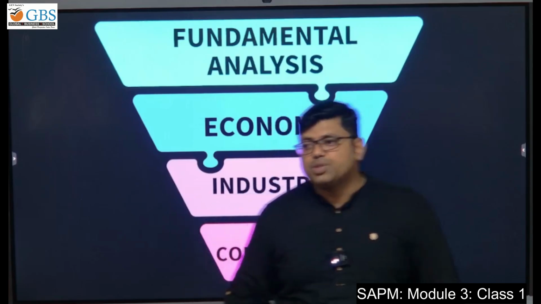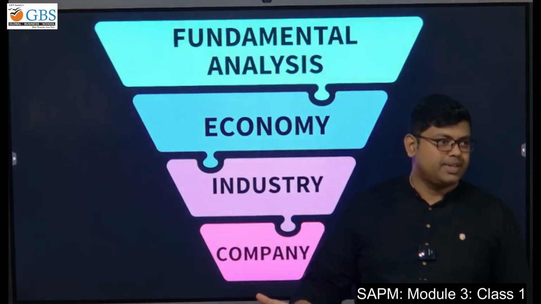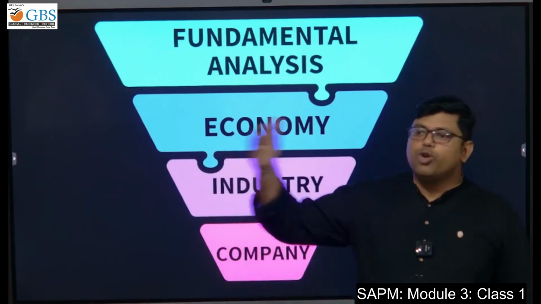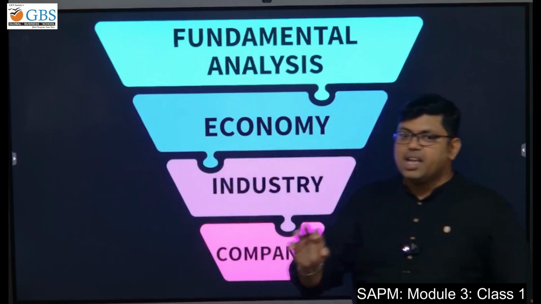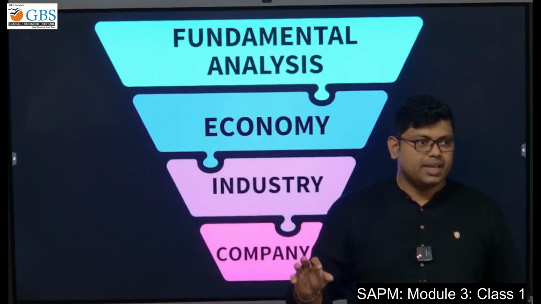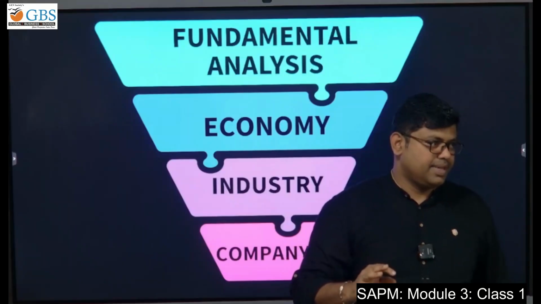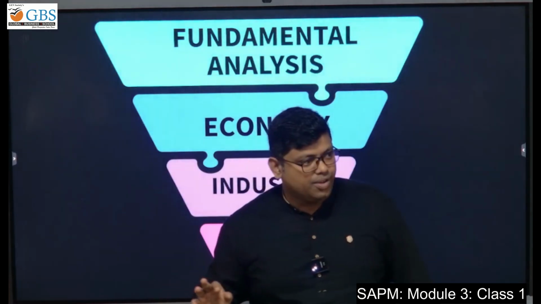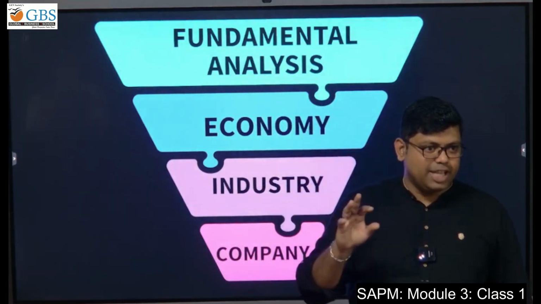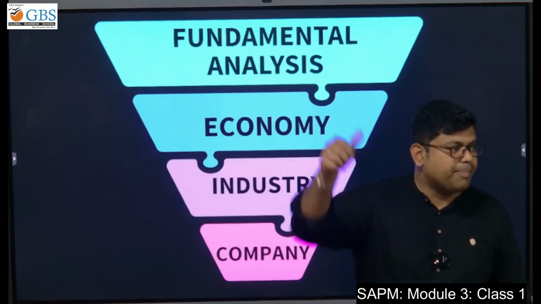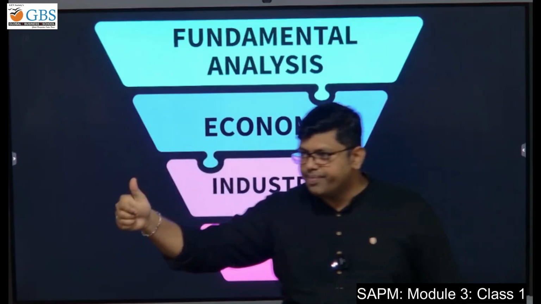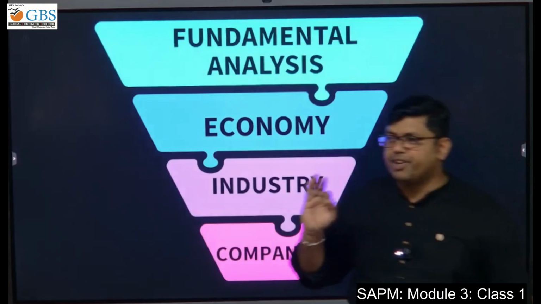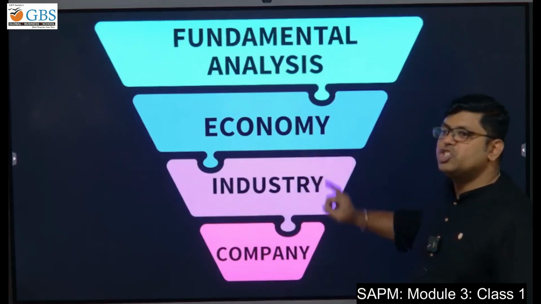Is it clear? So now, what we need to understand as the economy, what we should understand as an industry, we'll study step by step. Then we'll go for a company. In the company, what we need to see, how we need to analyze, we're going to study all three steps. Ready? Shall we go? So fundamental analysis basically involves a top-down approach, starting from the economy as a whole, second industry, third the company. You should never forget, and we call it the EIC method.